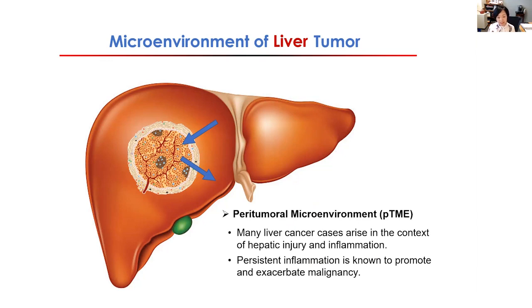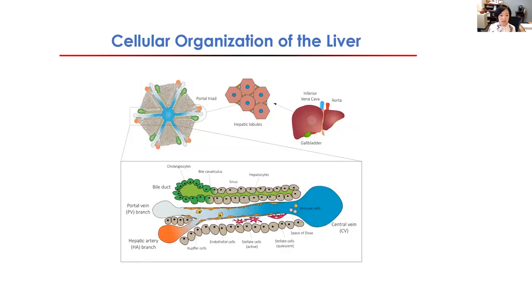Before I get into detail of our study, I'd like to give you a quick introduction of the cellular organization of the liver. The liver is the largest internal organ of our body. It is relatively homogeneous in terms of its cellular organization. No matter where you cut into the liver, you will find this basic functional unit called the hepatic lobule. It is estimated that there are about 1 million hepatic lobules in one liver on average. The hepatic lobule is a hexagon-shaped structure with a central vein in the middle and 6 portal triads distributed around the edge.